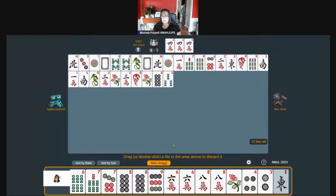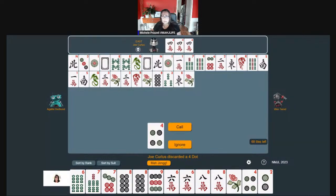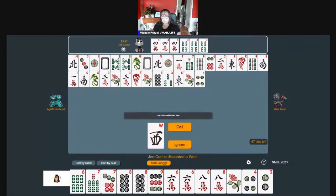3 bam. East can go. East. Flower. We've had some very challenging hands. 4 dot. We're good there. 4 bam. Call. West. 4-4 pung. They could be doing pung kong with 5s, but they could also be doing 4-5, 4-5, or